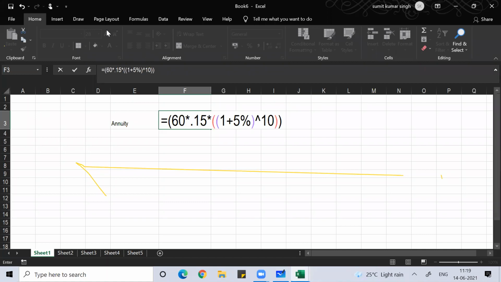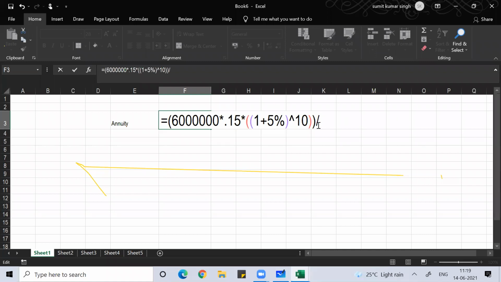This 60 means 60 lakh, okay? The 60 means not 60, it is 60 lakh. If you want, I'll put more zeros. 1, 2, 3, 4, 5. So Harish can tell me in 60 lakh how many zeros are there. I have no idea how many zeros are there in 60 lakh. I have never seen in my life.